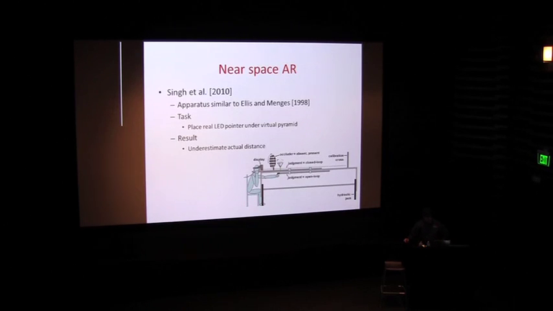So the task was to place a real LED pointer, and a virtual pyramid was used as a target here. Using an LED pointer, they could show in a closed-loop fashion where they perceived the target to be, or in an open-loop fashion, they could also use a slider to show where they perceived the target to be. The experiment was done between a person's maximum arm reach and somewhat slightly beyond. It was sort of an indirect measurement using the slider approach. They also had an occluder that was either present or absent. And they found underestimation of actual distances in this experiment in near to slightly beyond near-field depth perception.